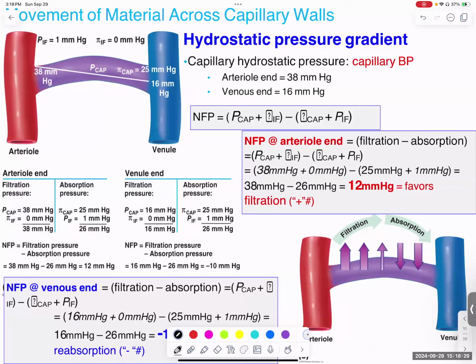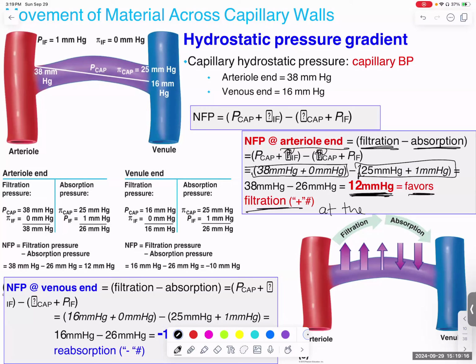So looking at this now, this is going through the net filtration pressures, which is just the sum of them all, at the arterial end versus the venous end, and we kind of went through this. So it's really the pressures of filtration minus the pressures of absorption. And this right here is supposed to be a little pi for osmotic pressure. At the arterial end, you have hydrostatic pressure minus osmotic pressure. If you take out the osmotic pressure for reabsorbing, there's still 12 millimeters of mercury that favor filtration at the arterial